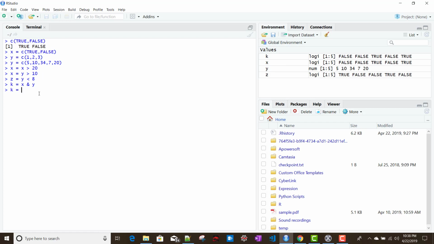Okay, we'll say x ampersand z. Now if you see it over here, for each and every x and z element, it is performing the logical AND, right? So that means the first element of x is false, the first element of z is true, so the AND operator will be false. Similarly for the rest of the elements, it did the same thing and created this vector